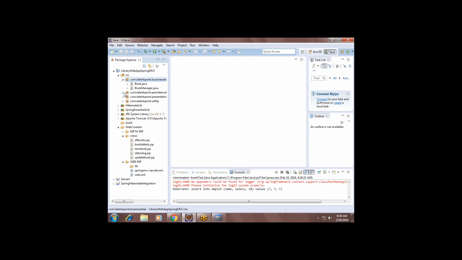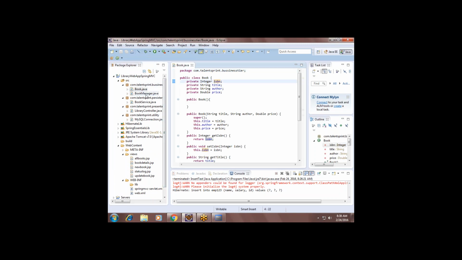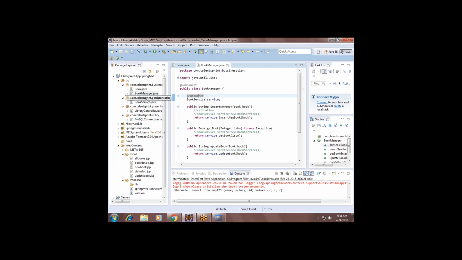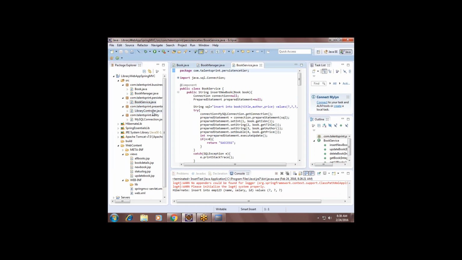See, there is a business tier, there is a book entity, book manager, right? And persistence is a service layer like DAO, right? Whatever we discussed like DAO, it's a service layer. We named it as what? Service layer. And this is the controller, servlet.